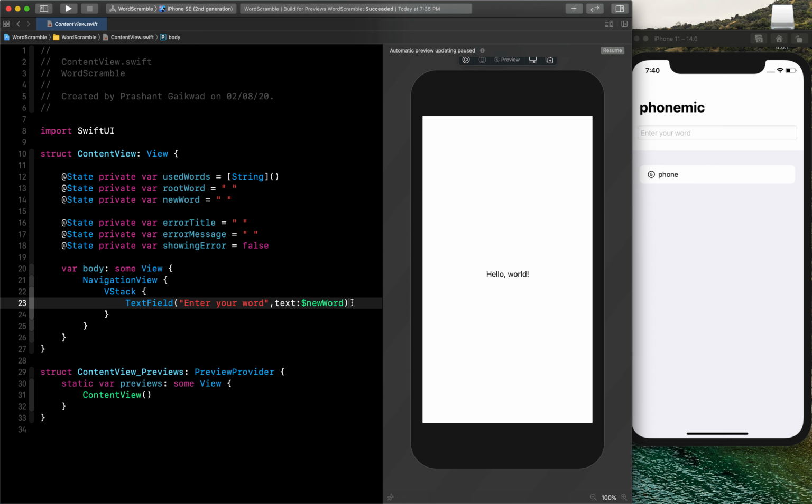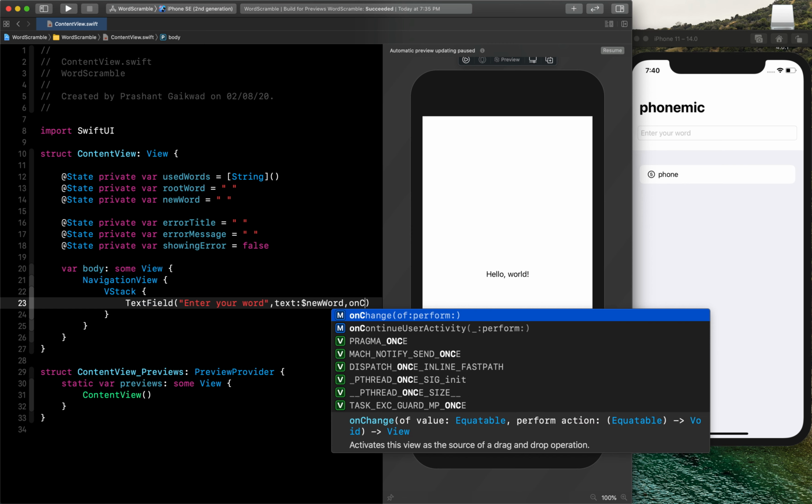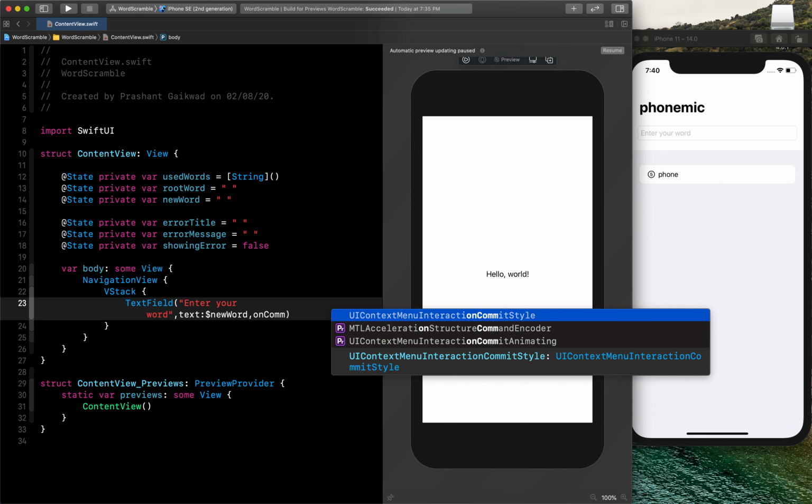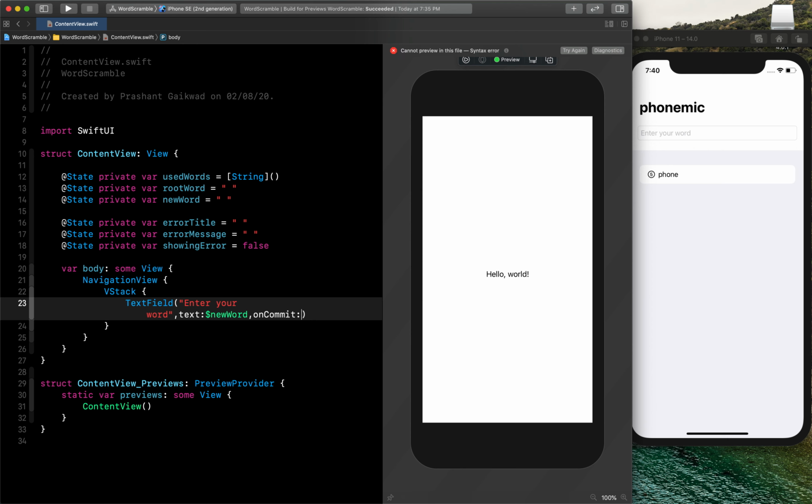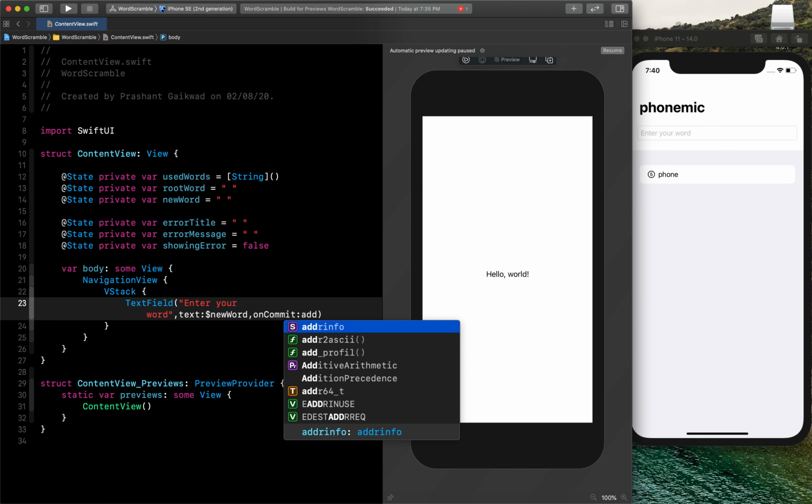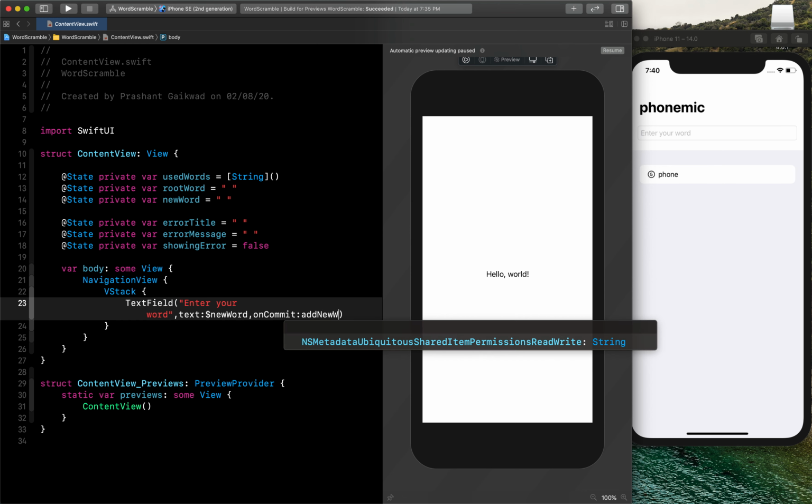And then I have to give also one more thing here, on commit. And whenever user clicks on commit, I have to call one function which is add new word.